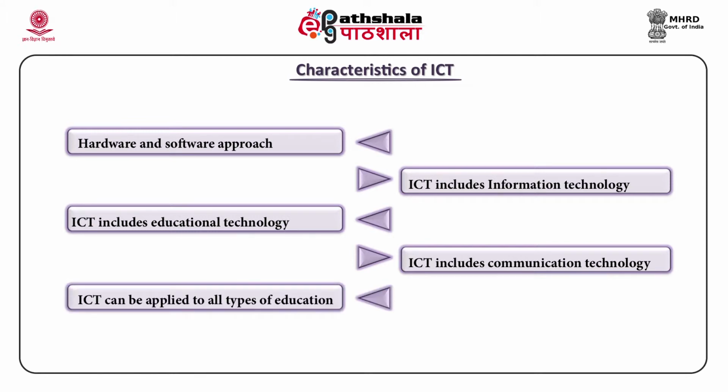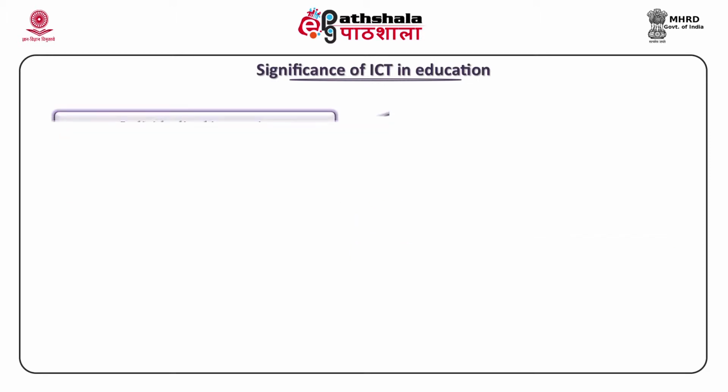After completing all the characteristics of ICT in education, we will move further and discuss about significance of ICT on education. First is individualized instruction. As we all know, due to overcrowded classrooms, it is highly impossible for the teachers to provide individualized instructions. But ICT helps the teacher to provide all the facilities and to make it possible to provide individualized instructions. ICT enables to cater to individual needs of the students and teacher can provide them experiences as per their learning style, as per their interest and their need. With the help of online tutoring and with the help of computer assisted instruction, students can be given individualized instruction.